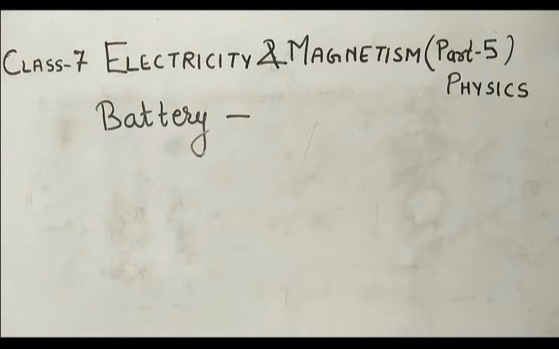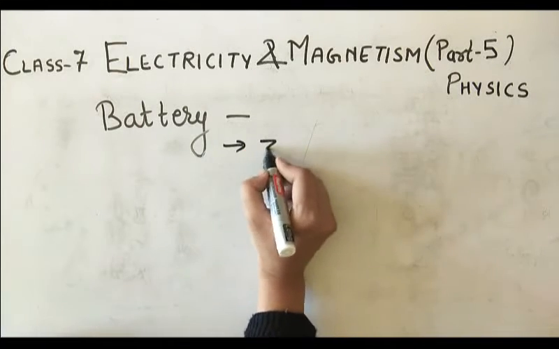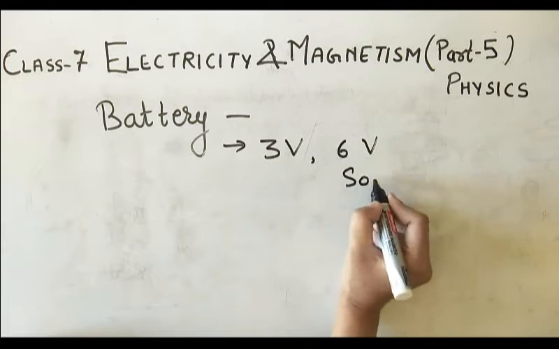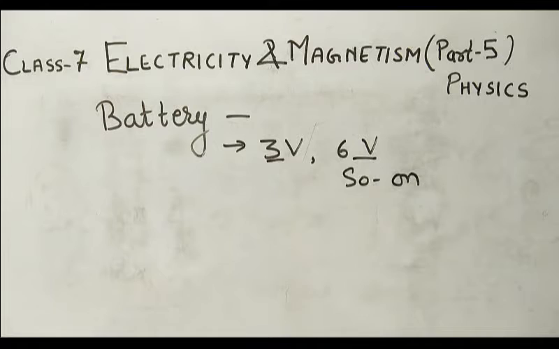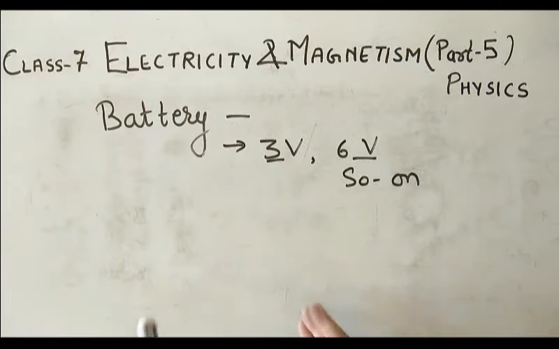Or if we are going to make a battery, the battery can provide a voltage of approximately 3 volt, 6 volt and so on. Why 3 volt and 6 volt and so on? Because 1.5 volt, 2 cells are there, so they make a 3 volt battery. 4 cells are going to make a 6 volt battery. That means as per your requirement you can add cells and make a strong capacity battery. Okay.